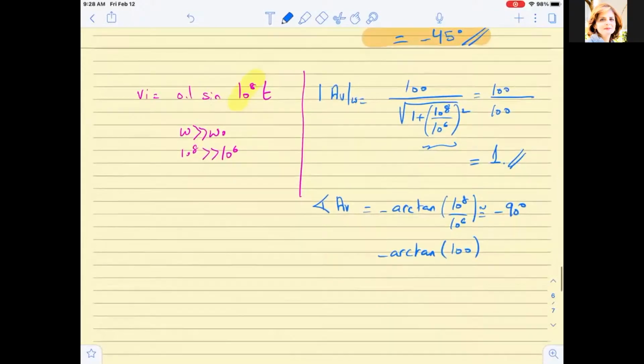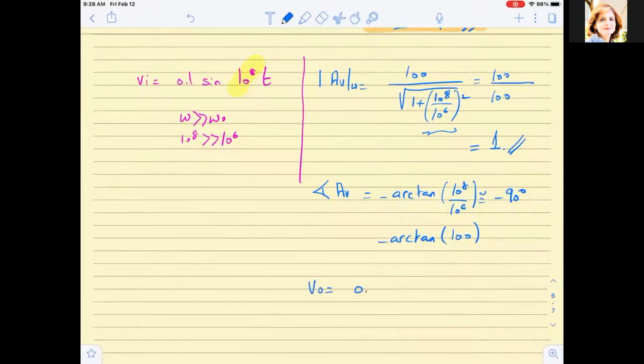So in this scenario, my output is going to be equal to 0.1 times 1 times sine of omega t minus 90 degrees. So once I obtain the expression and I obtain the magnitude and the phase of the gain,